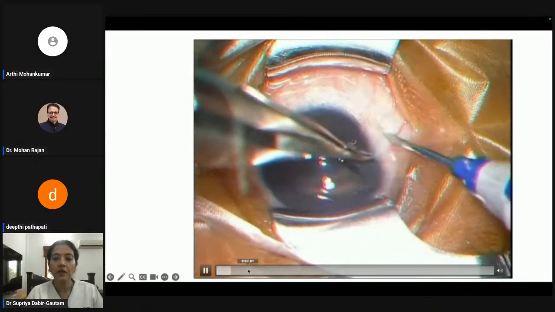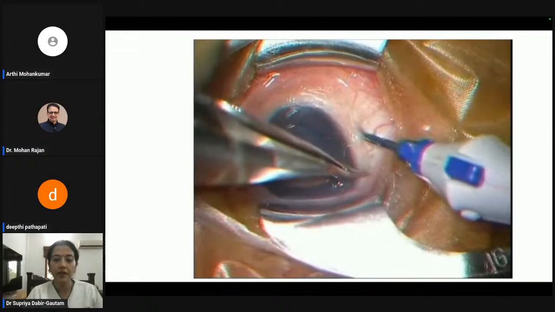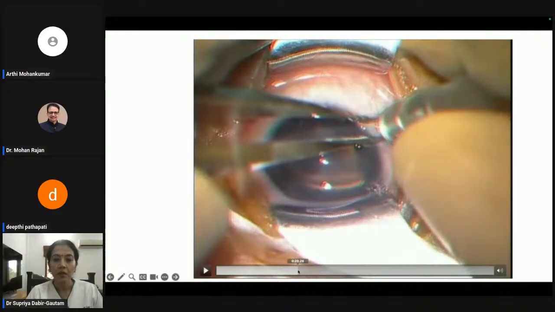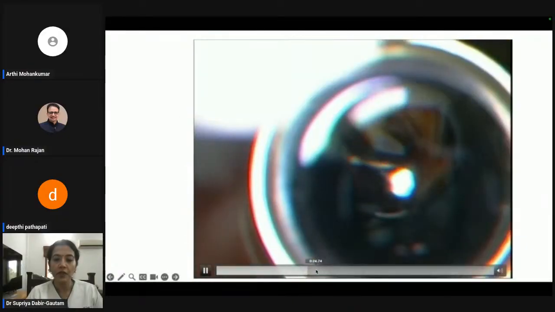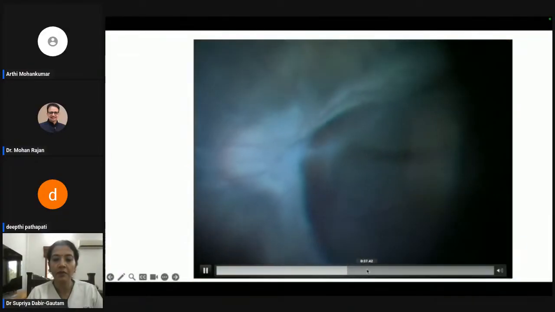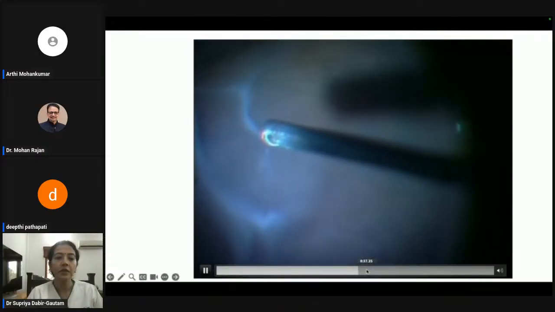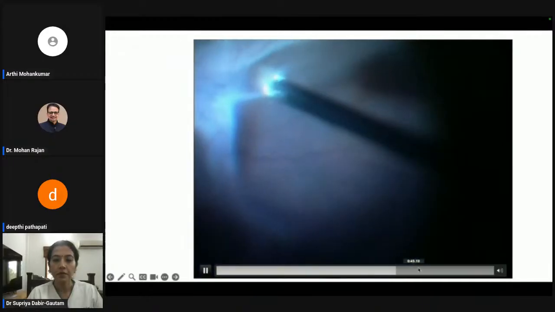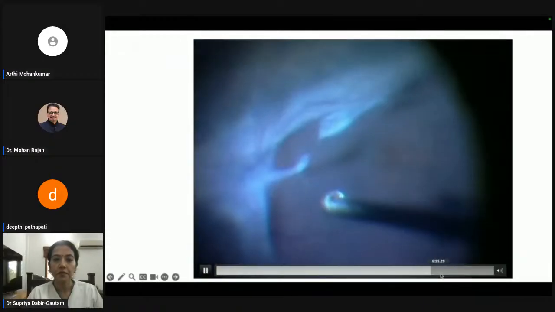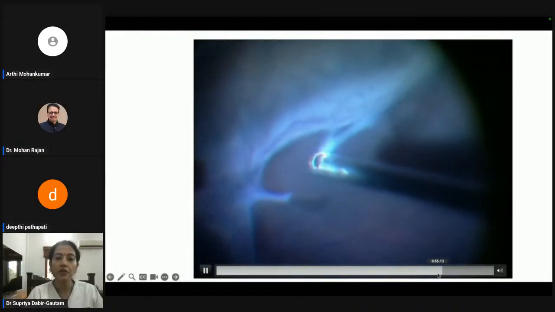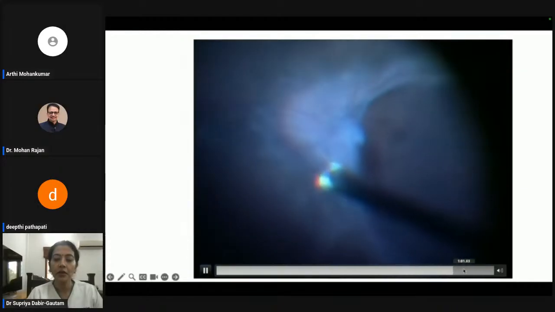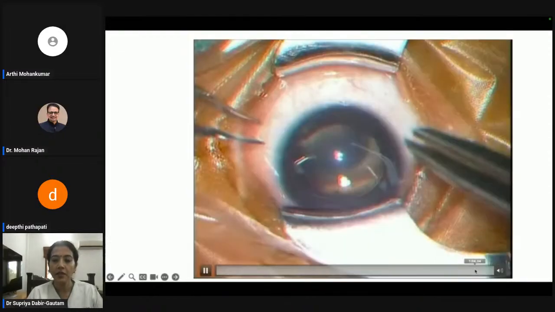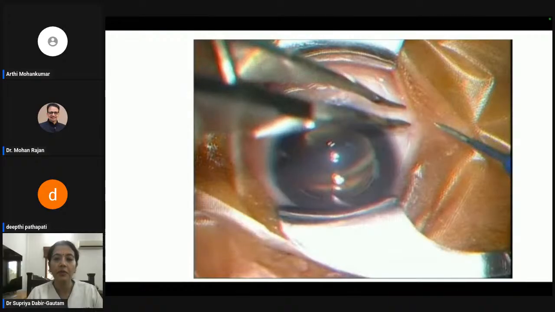And what we do is a sutureless vitrectomy with a 25 gauge vitrectomy system. In most cases, we spare the lens so that it doesn't cause any refractive changes in the baby. And you can see how these traction bands are being cut with a vitrectomy cutter. So the aim of vitrectomy here is just to release the traction bands, try and avoid the vascular membranes, try and avoid pulling on any of the retina or causing breaks, and adequate, not a complete vitrectomy,